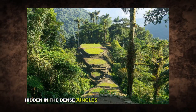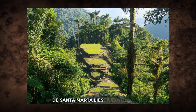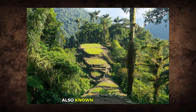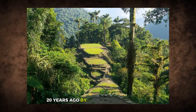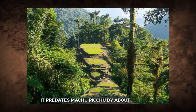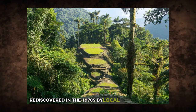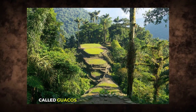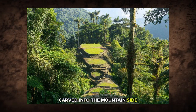Hidden in the dense jungles of Colombia's Sierra Nevada de Santa Marta lies Ciudad Perdida, also known as the Lost City. Built around 1220 years ago by the Tairona civilization, it predates Machu Picchu by about 650 years. Rediscovered in the 1970s by local treasure hunters called guacos, Ciudad Perdida spans terraces carved into the mountainside, connected by